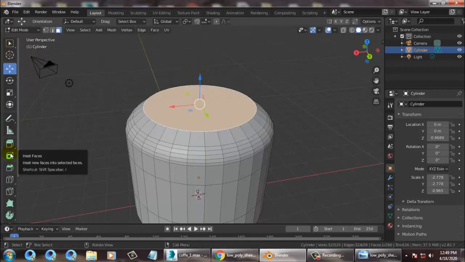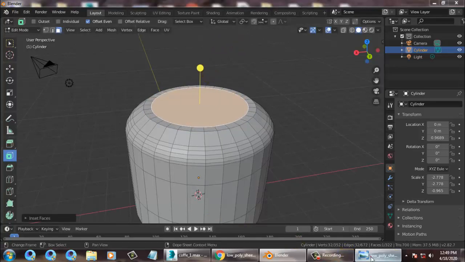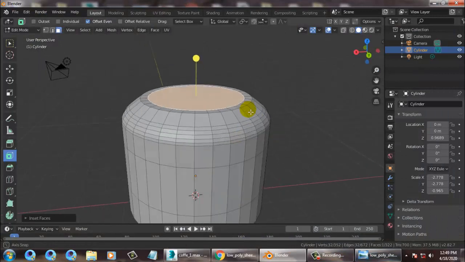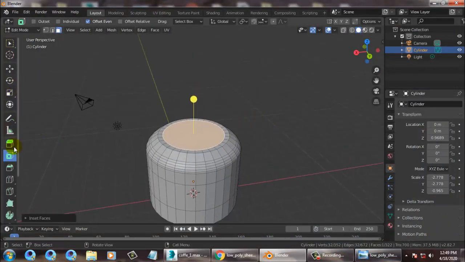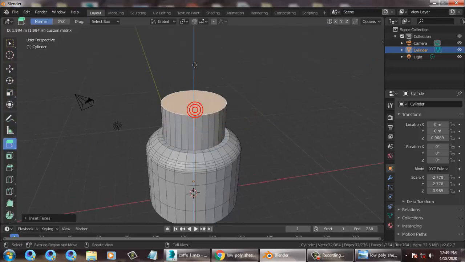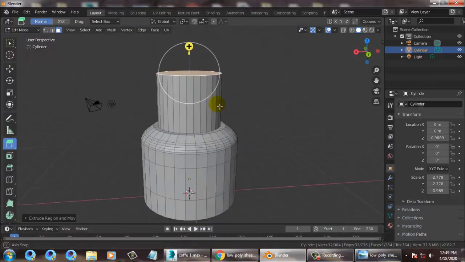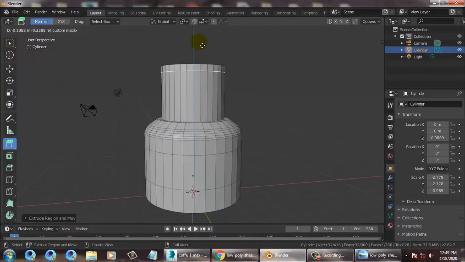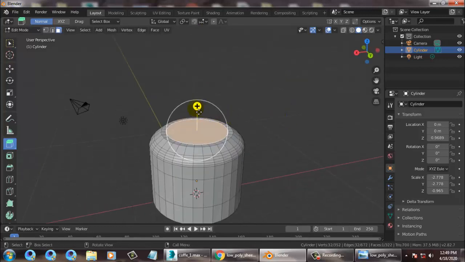Let's first inset it. Let's inset a bit. Once the insetting is done, I can just push this up. So now I can use the extrude option in the right way till here. I just want to extrude this till here.